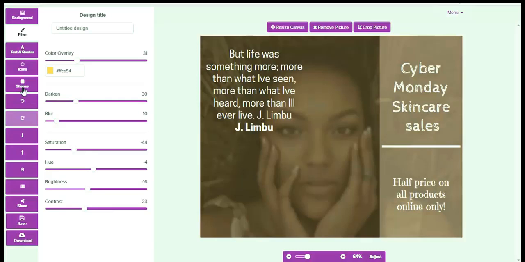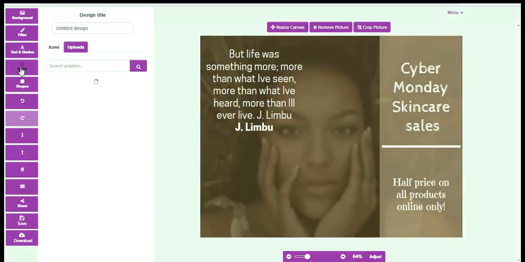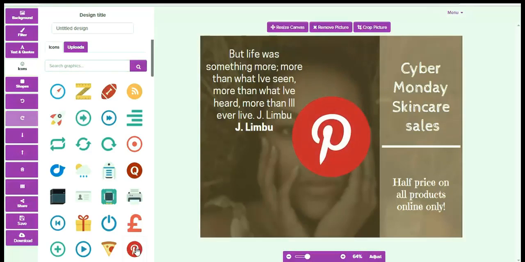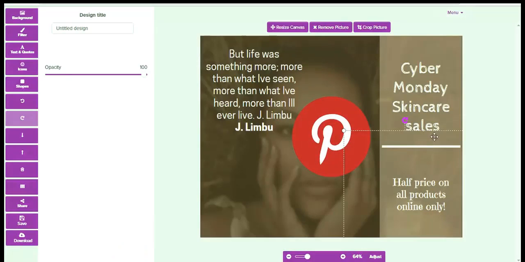And then once that's done, you can save. But before that, let me show you some of the icons that we have. Again, there are millions of these, and I think that's a nice bit of image to go